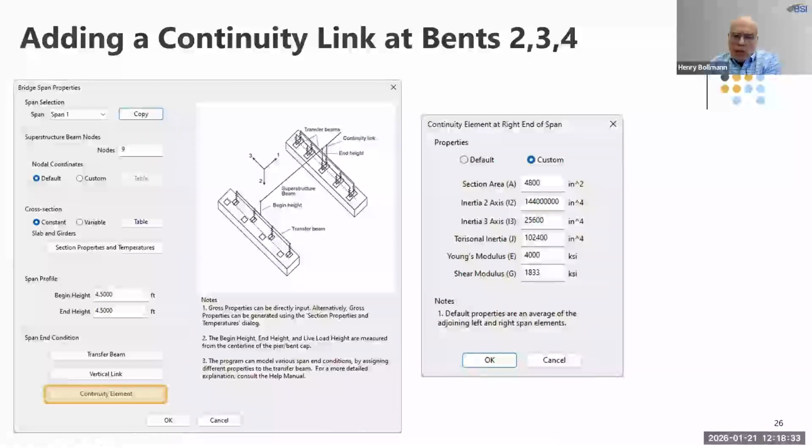Now we want to add a continuity link because the deck is going to be poured continuous over the girder ends at all the piers at bents 2, 3, and 4. So this is a nice feature here where you allow for a continuity element because we have a continuous structure at that location. And then you put in your stiffness parameters for the continuity link. So this is nothing more than